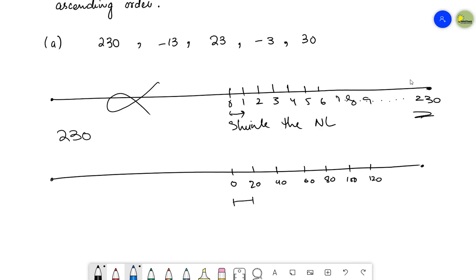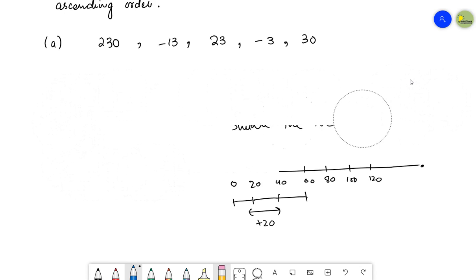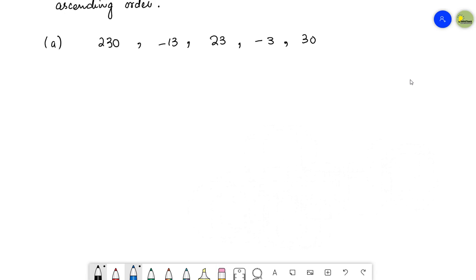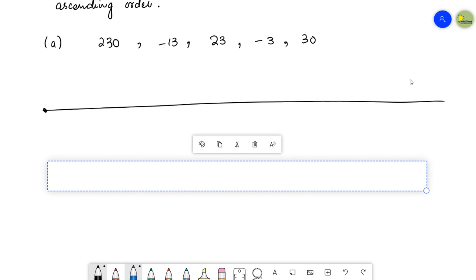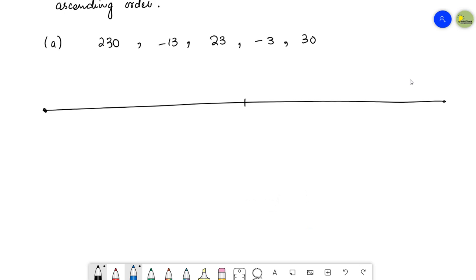So what I have considered here is a difference of 20, and then I'm increasing it in ascending order with equal distance, adding 20 to each number. Right? Let's draw it in a more clear way. Okay, so this is your number line. This is the mid value 0. I'm making the difference of 20. This is 20, 40, 60, 80, 100, 120,